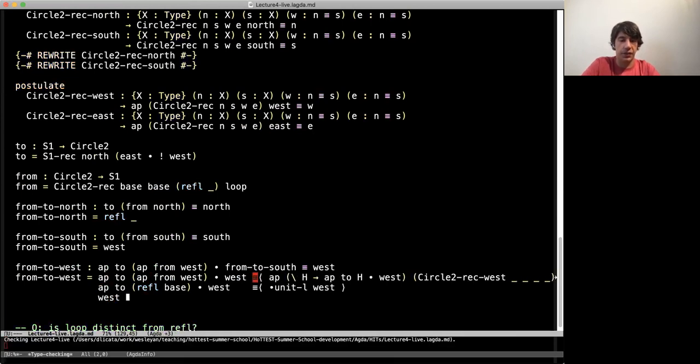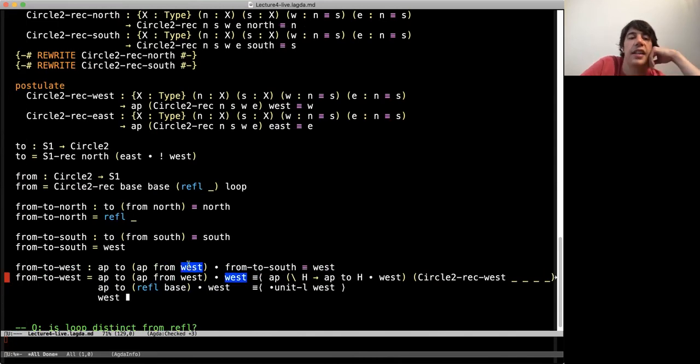Okay, so don't worry too much about the proof terms over on the side there. If we ask that the round trip, doing the from to get from the 2-point circle to the 1-point circle, then the to to get from the 1-point circle back to the 2-point circle, comes back as west, that this composite takes west to west, which is what we would want if this was an inverse, then that actually won't type check, because 2 sends the round trip from then 2 sends south to